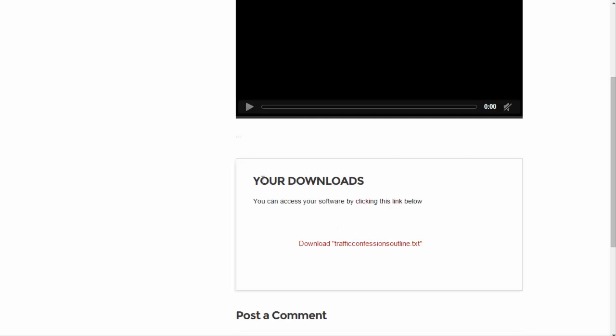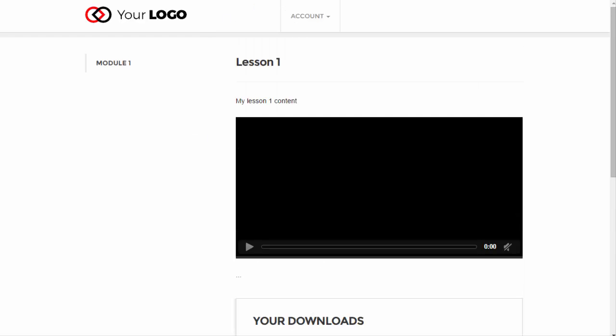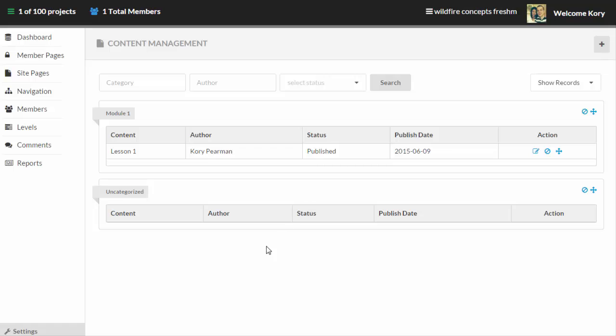I like the idea of attaching my downloads and then giving me a little download box. And if we jump back over here to the member pages, they make it really simple to create your different modules and your categories, and then layer your content pages inside of each module, which I really like because that was always a hassle for me when creating my membership websites, trying to set up the permissions for each